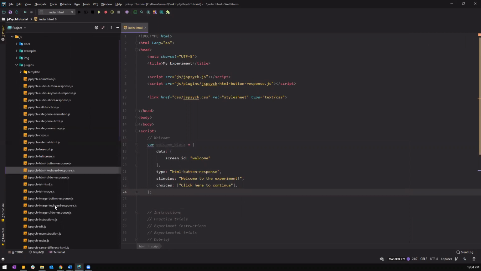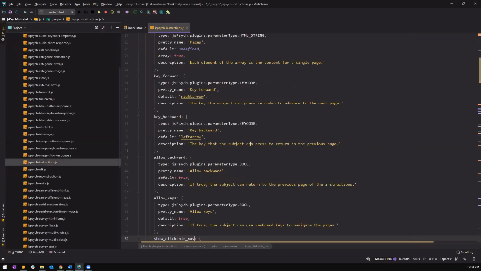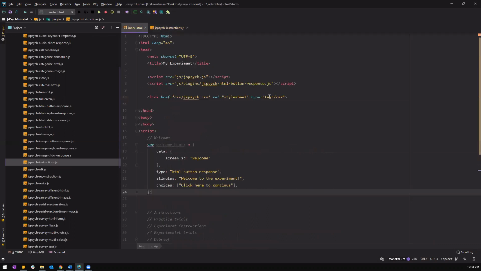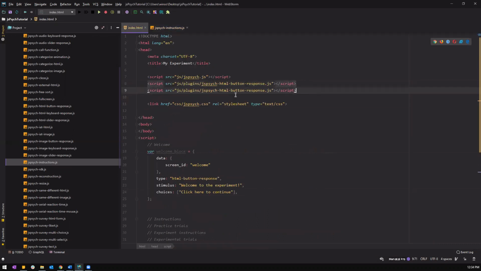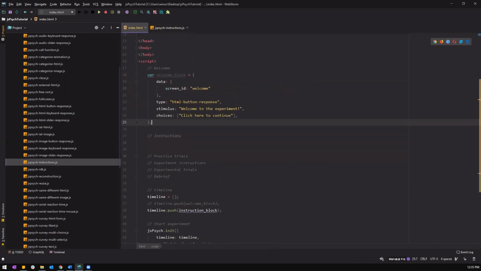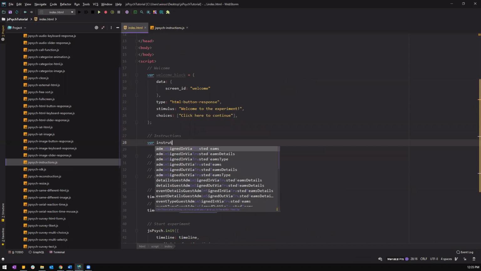So what we have here is a plugin called jsPsych-instructions. It's pretty neat because there's a parameter called pages where each element of the array is the content for a single page. So I'll go over with you what that means. Let's start by creating our first instruction page. So we have to add instructions to the script. Yes, we have it here. And we're gonna create our first variable, instructions